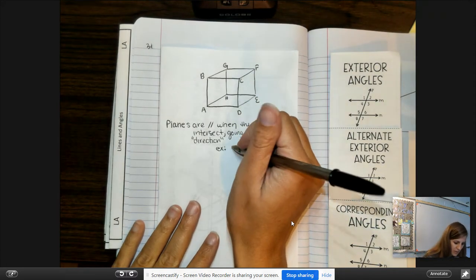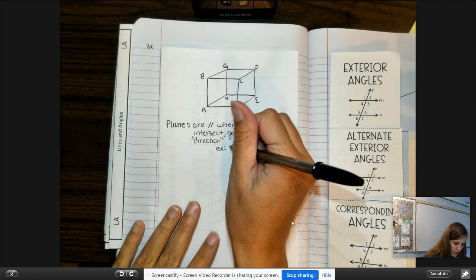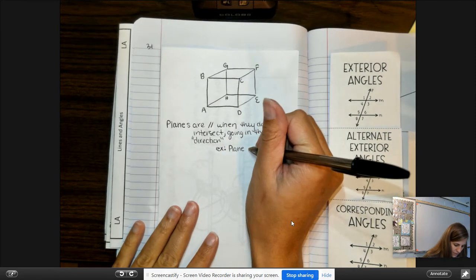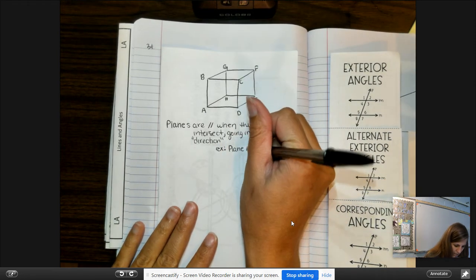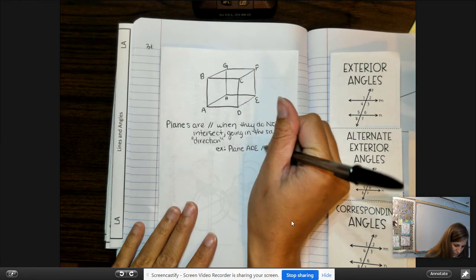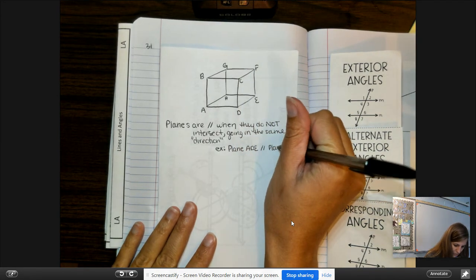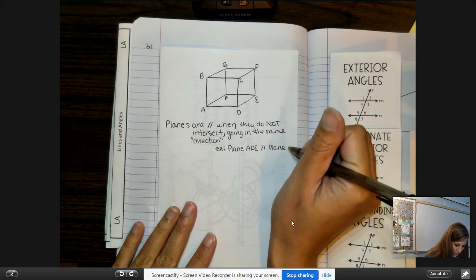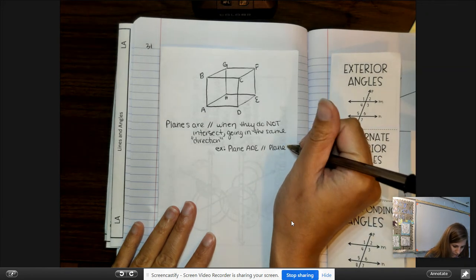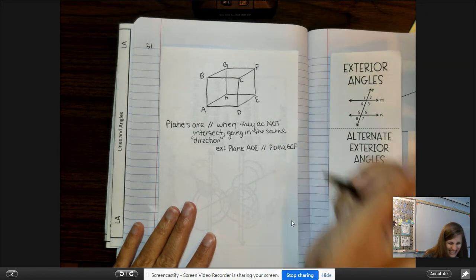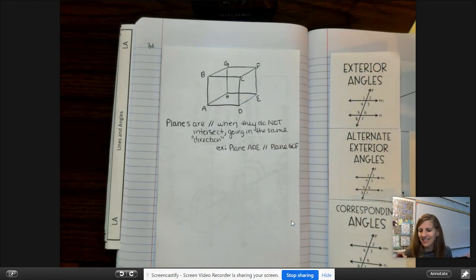So an example of some parallel planes, we could say plane, let's say the bottom one, ADE, is parallel to plane, so that's the bottom, the top, we could describe as GCF. Oh, math joke, GCF, Grace come back here. Anyways,